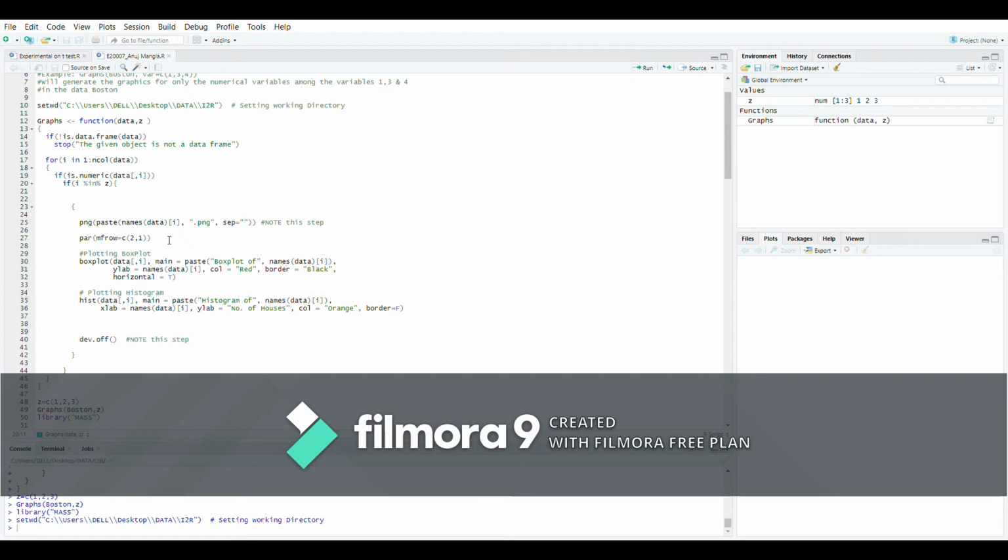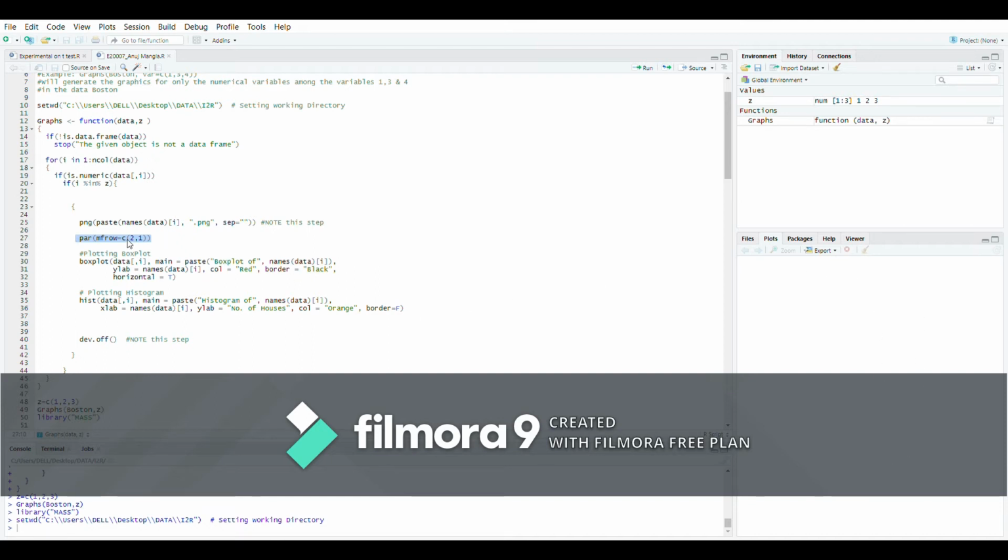Here I give the layout of the graphs, how the graphs will be shown in the canvas of R. Here you can see it is a white canvas showing. It is row wise, and then in the vertical it is column wise.